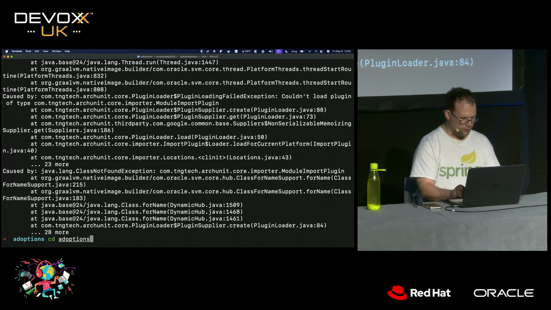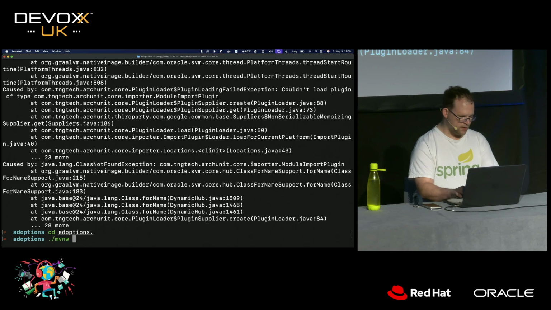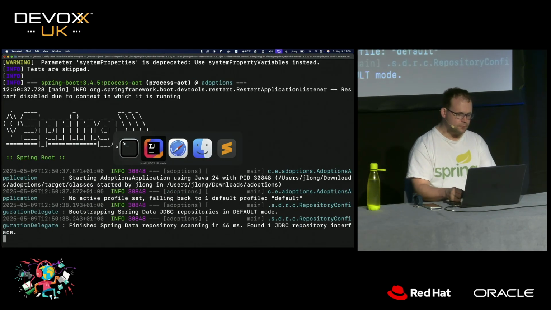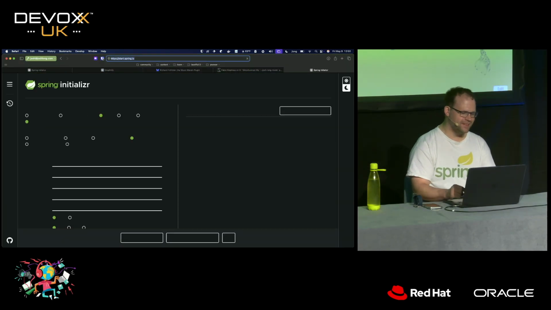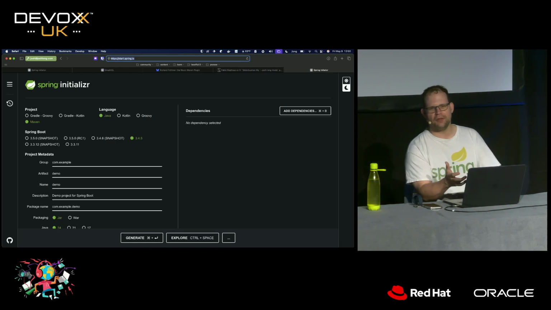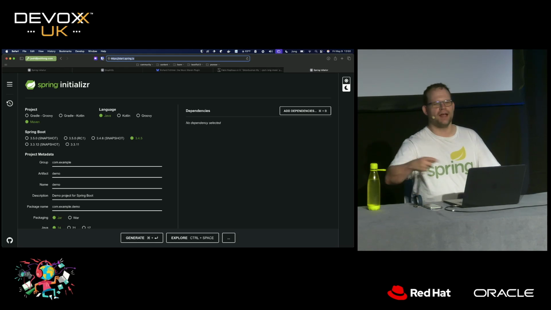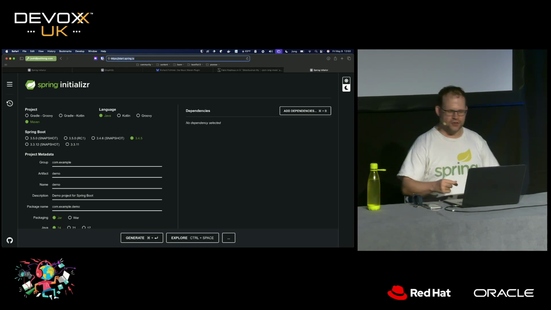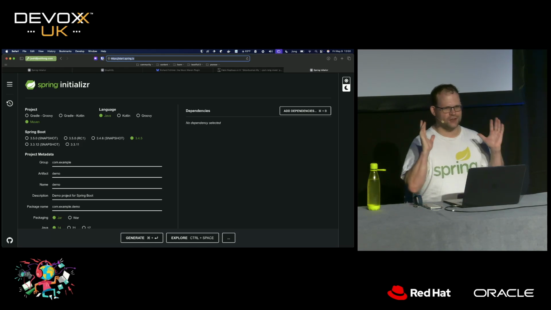Oh, that's so sad. I have to do that whole thing again. Okay, so we'll do -DskipTests -P native :compile, and we'll let that do its thing in the background. And in the meantime, by the way, you can do the Maven daemon, right? Don't do that with this because it continues to play forever, right? The Maven daemon just keeps the daemon running all the time, so it's not exactly what you want. You can't get it to stop.